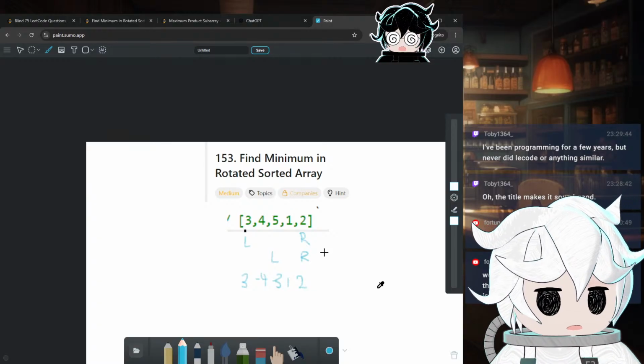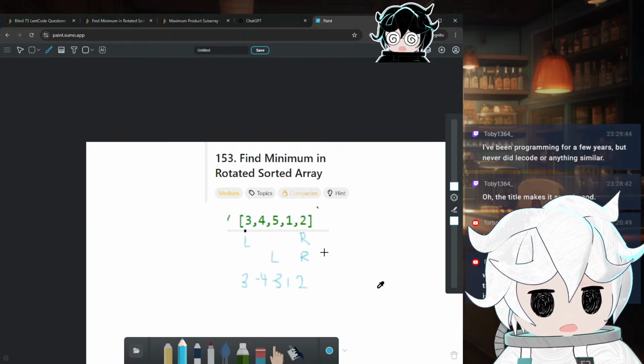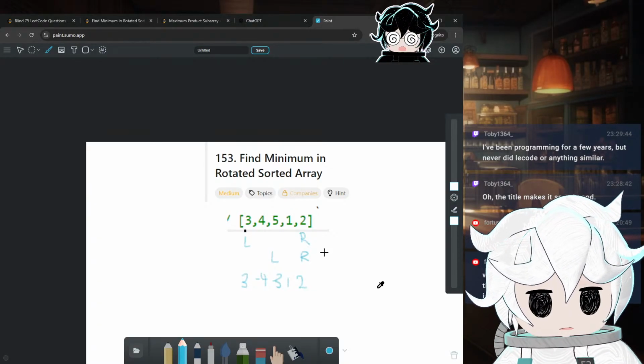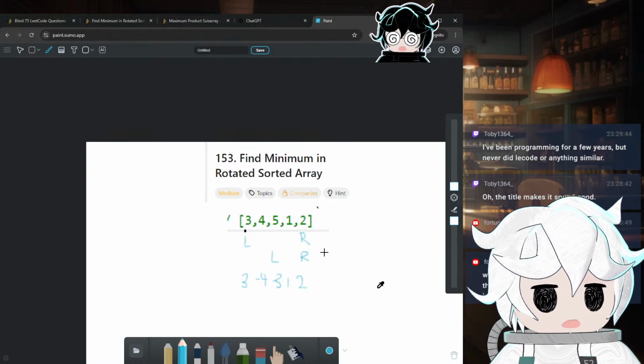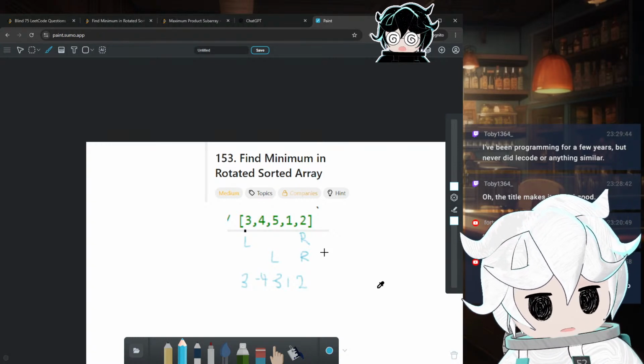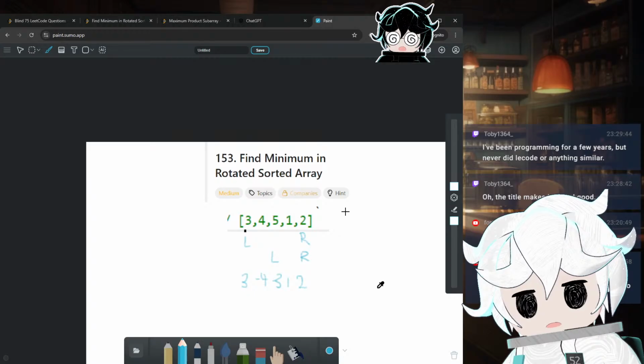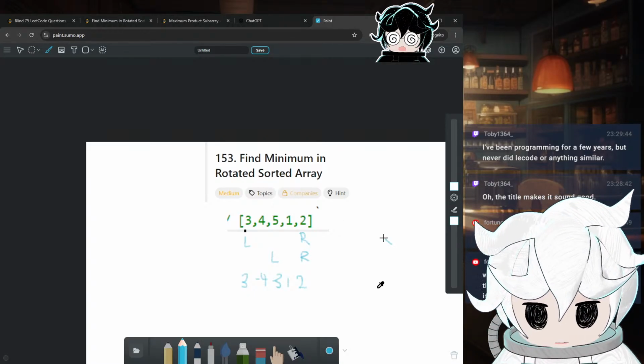Toby1364 says, I have been programming for a couple years but never did Leetcode or anything similar. Oh, are you not coding or programming in America then? I hear Leetcoding is like an American thing. Well,